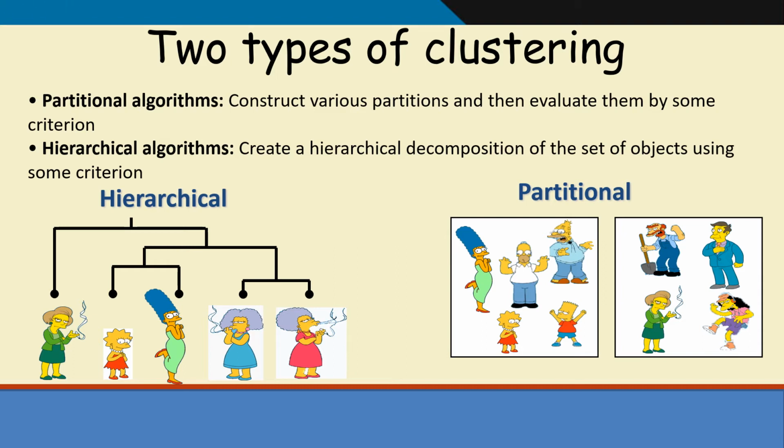In partitional algorithms, we are not interested in individual points, but we are looking at groups. Therefore, distance between individuals is not important, but distance between groups or clusters is important. Here we are asking the question: how many clusters to partition into, and how to allocate the individuals to these clusters.